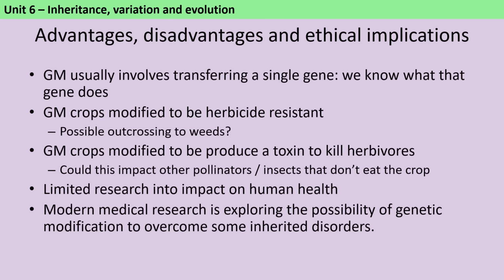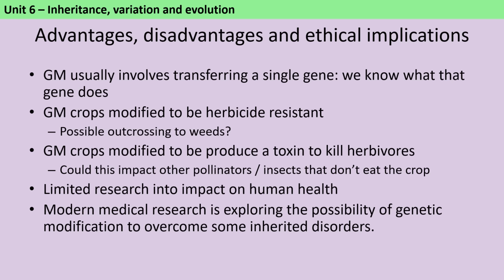Despite being expensive and quite hard to do, GM technology has a major advantage in that it's extremely precise because we're only transferring specific genes that we already know the function of. However, it does have some drawbacks. One major use of GM is to make crops resistant to herbicides, which are chemicals that kill plants. This means that rather than carefully spraying herbicide just on the weeds, you can spray it on the entire field